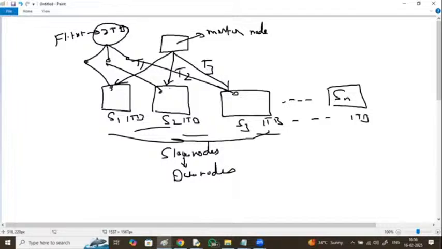For example, databases have a maximum number of slaves.